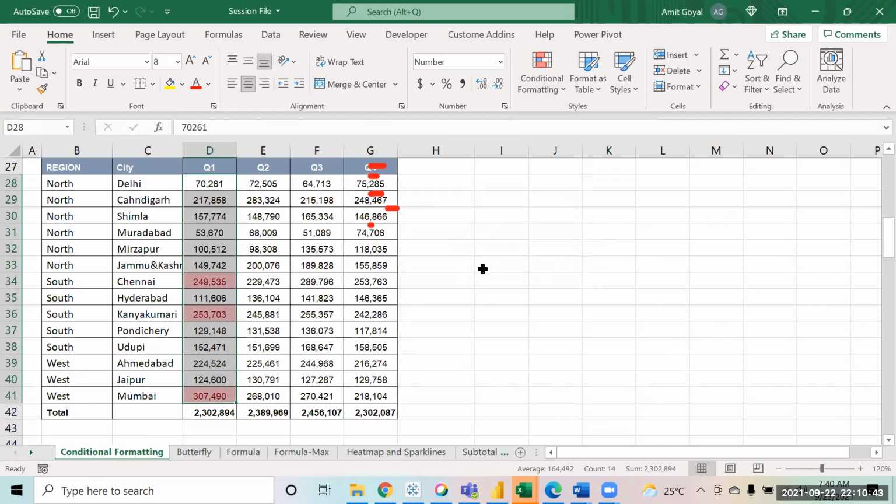It is going to highlight the top 3 values for you. Now can you please all try to highlight the bottom 3 values over here?